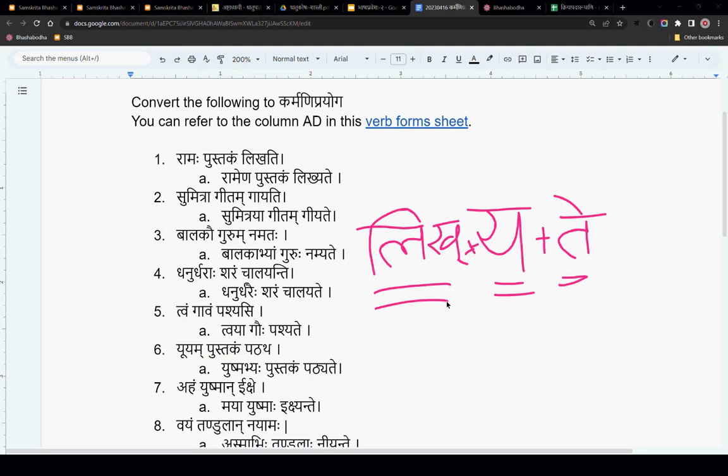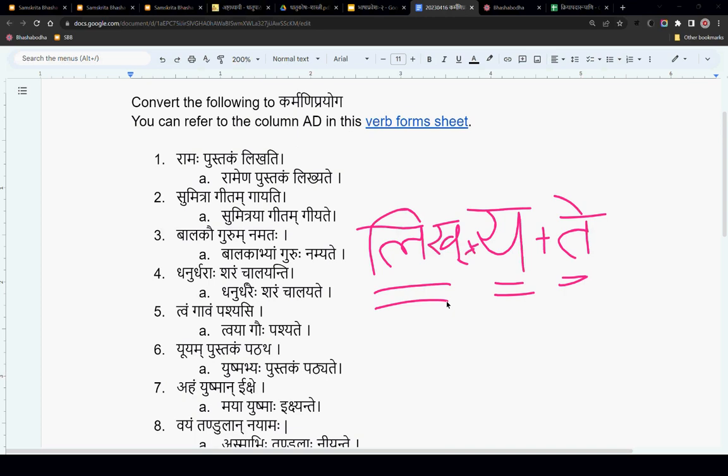For example, gam dhatu. In the kartari prayoga, in those 4 lakaras, it changes to gaccha, etc. Some dhatus change the form, as we saw. Gam changes to gaccha, prach changes to prchha, ish changes to iccha, and many of them don't change the form also.